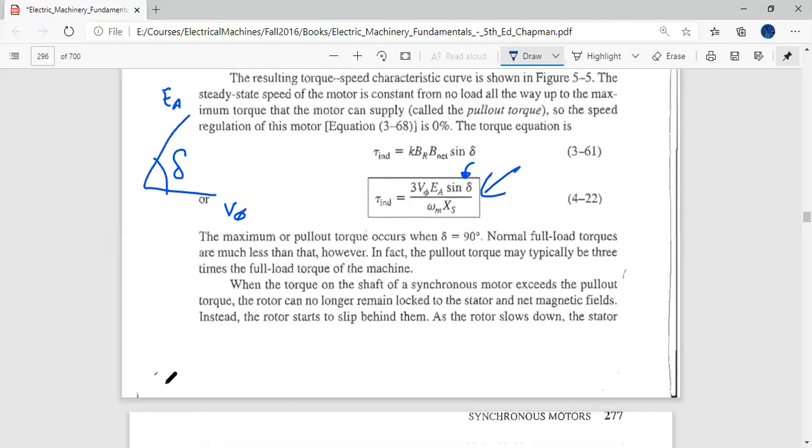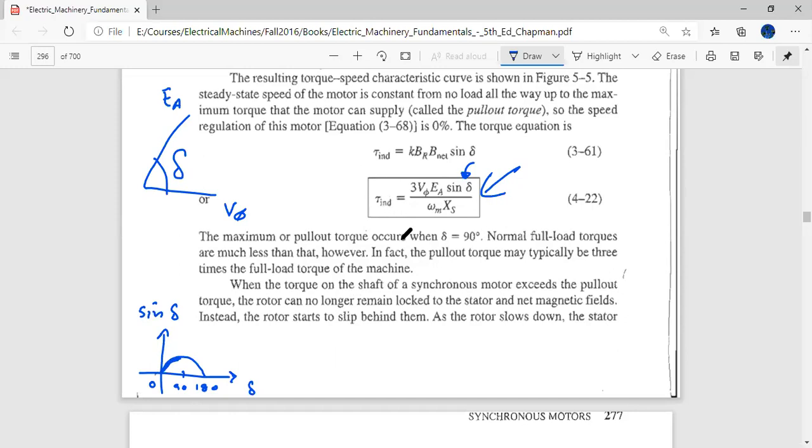So we know that the sine behavior is like this. The sine behavior between 0 and 180 degrees is like this, and between 0 and 90 degrees like this, and normally the torque angle stays between 0 and 90. So as the torque angle increases from 0, you can see that the y magnitude also increases. This is the torque angle and this is the sine of the torque angle. So as the torque angle increases, the sine of the torque angle will increase, which means the torque would also increase.